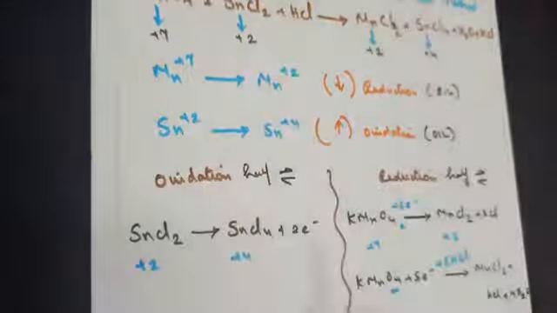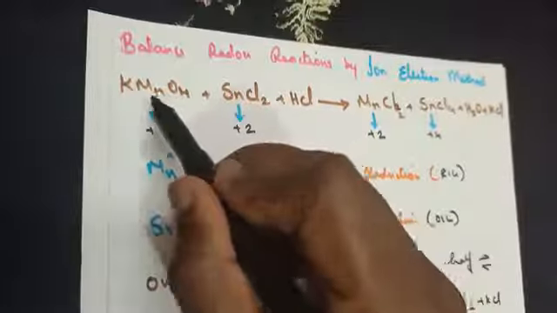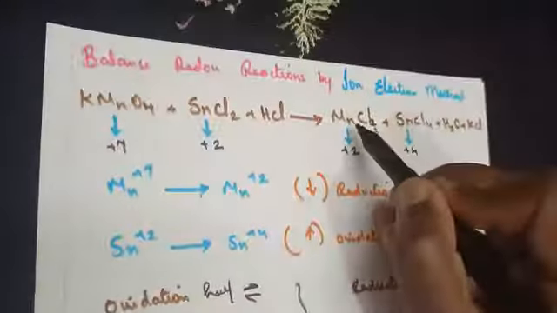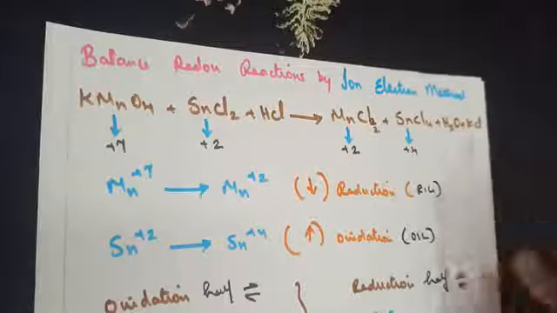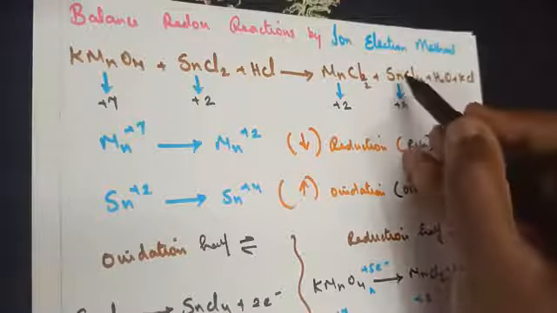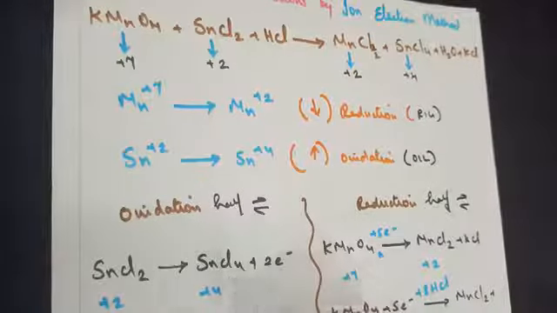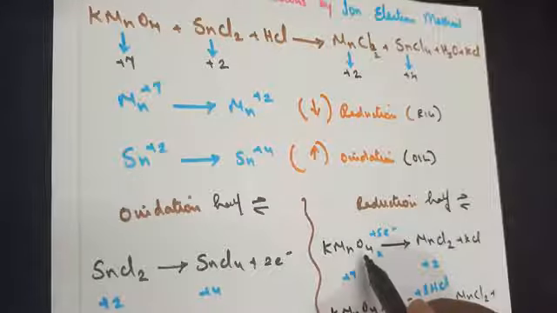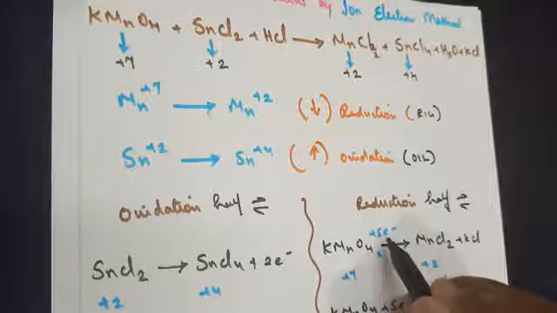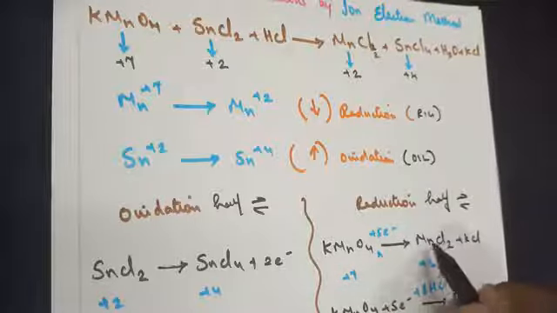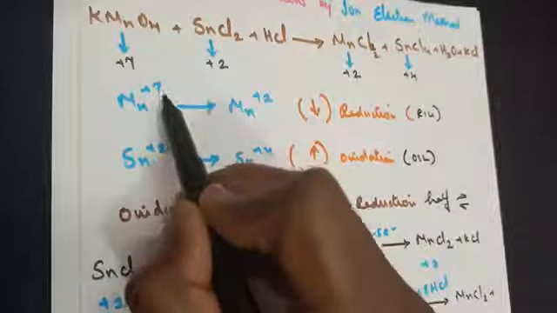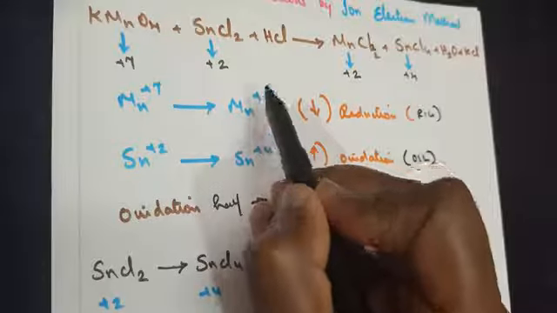Manganese is undergoing reduction. Manganese is combined in the form of potassium permanganate. So potassium permanganate gives us manganese dichloride, and potassium chloride also I have written. I am omitting the water; I will come back to this topic later. Stannic chloride is already involved on the oxidation side here. So in potassium permanganate, manganese from +7 accepts 5 electrons to become +2 in charge in the form of manganese chloride. From where am I getting these 5 electrons? Look at the difference between 7 and 2, which is 5.